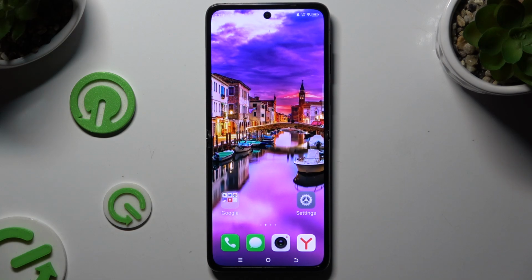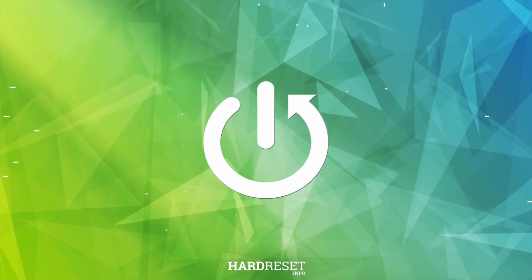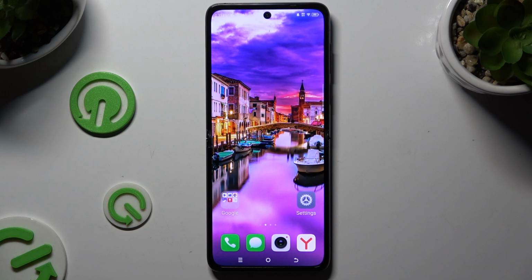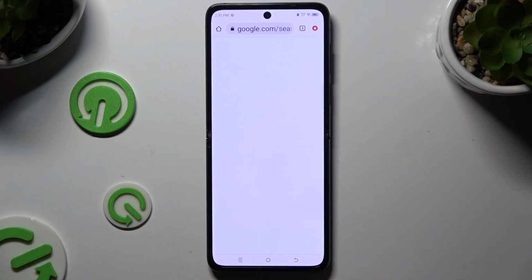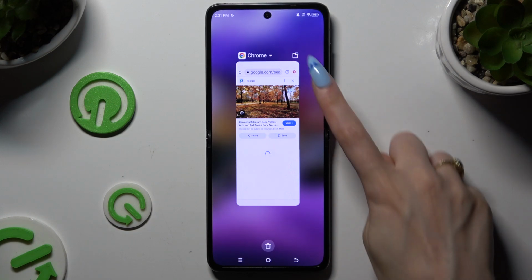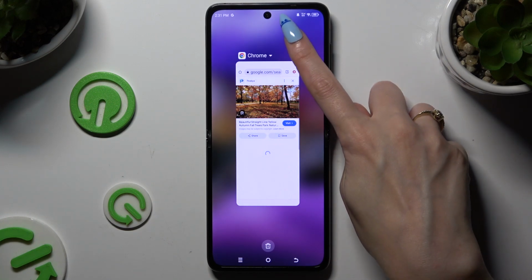In front of me is TECNO Phantom V Flip, and today I would like to show you how you can open apps in pop-up view. Begin by selecting an app to use in this view and launching it in the background. Then click on this icon at the top right corner